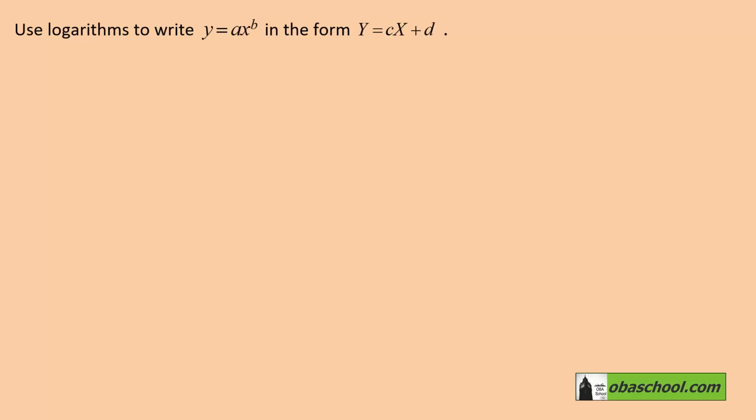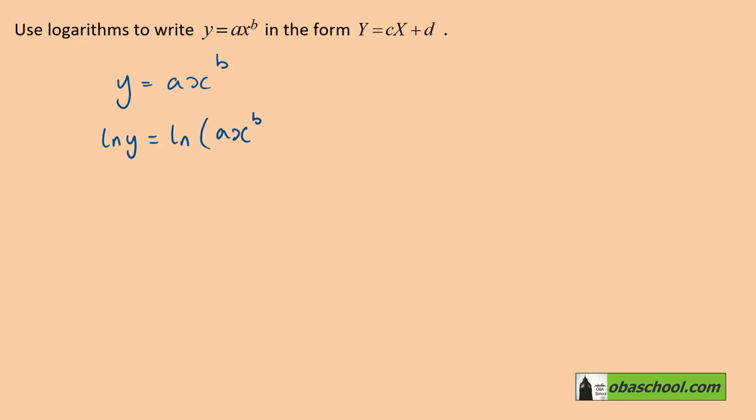Use logarithms to write y equals ax to the b in the form y equals cx plus d. So let's start with y is equal to ax to the b. Now I'm going to take the natural log of both sides. So ln y is equal to ln